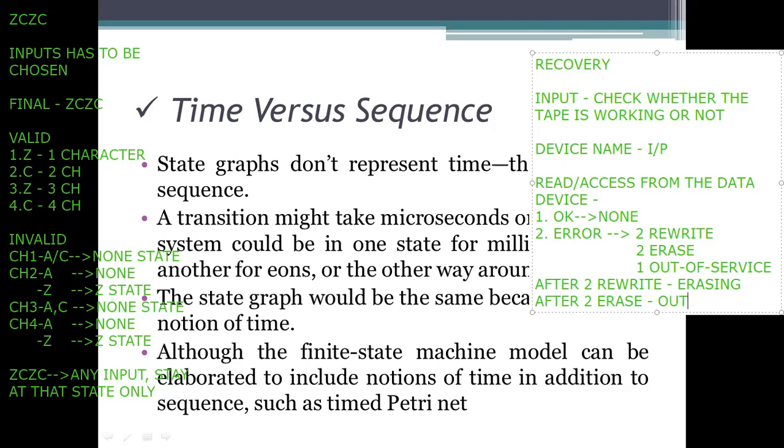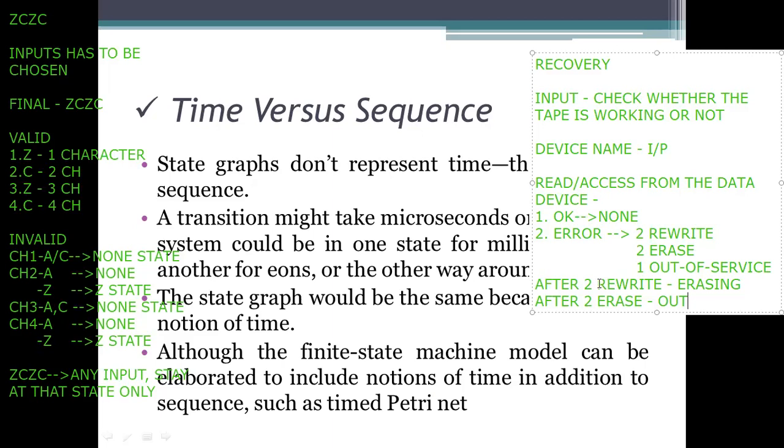So in these 2 examples, the transitions we are making take the input based on the sequence of the actions. I am performing the rewrite, and when I perform the rewrite, it is not okay, meaning we are not getting the data from that device. Then we perform the erase option.